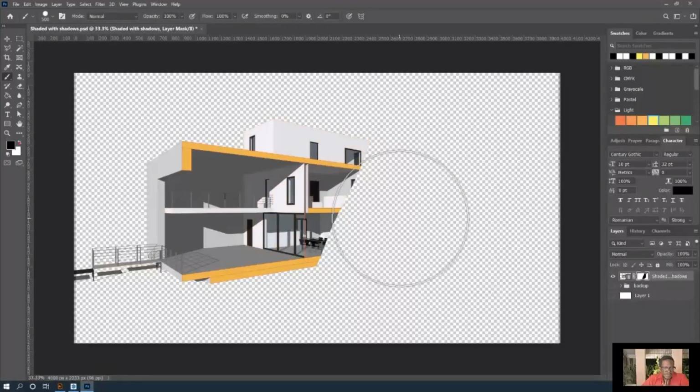Let's head back to Photoshop and look at that. Instantly you see that the changes from SketchUp are reflected in Photoshop, yet it still keeps the mask that was done using the mask layer. And of course, when I save this,